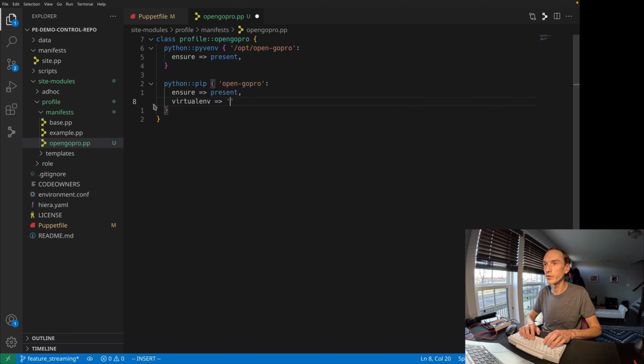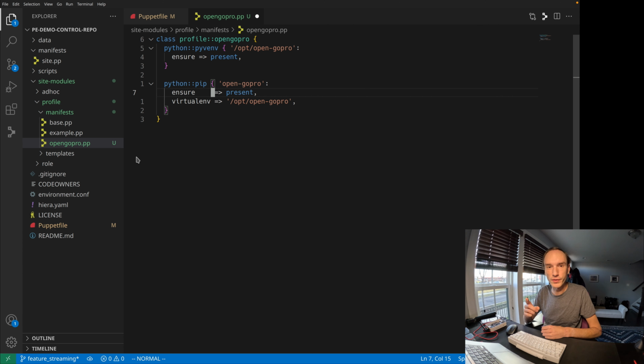And the virtual environment is /opt/opengopro. And yeah, that's it. So that's a pretty basic class, I think. Okay, so this gives us our profile class that represents the technology that we want to deploy to our node here.